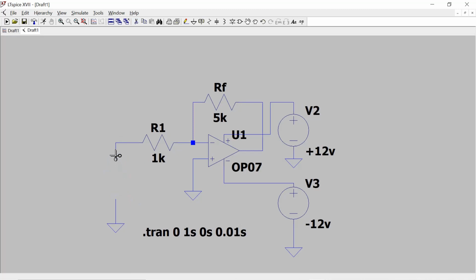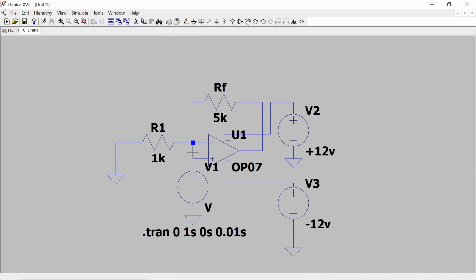Cut this one. Okay, now we need to have an input voltage source. So take a voltage source. Here this non-inverting terminal has to be connected with the input voltage. And then this inverting terminal has to be grounded. So take ground, place it here, place it here. Now connect it by means of a wire. Take wire, connect all the components. Connected. Okay. Now we have connected.